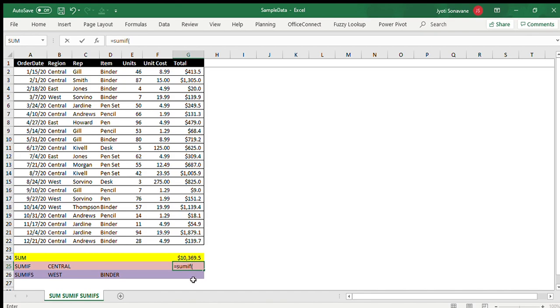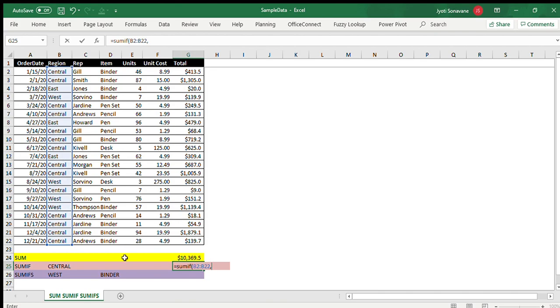First we need to give a range. Now this range is nothing but your criteria range. What is my criteria? I want to get a sum total of only the Central region. So my criteria range will be this column where my criteria resides. Then you press comma and then you select the criteria.